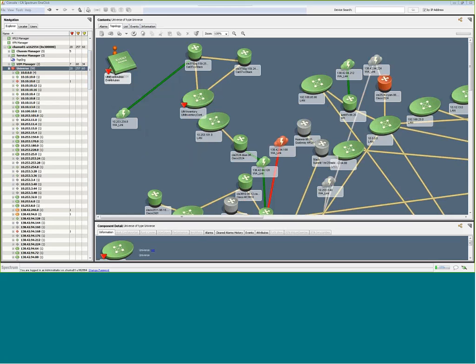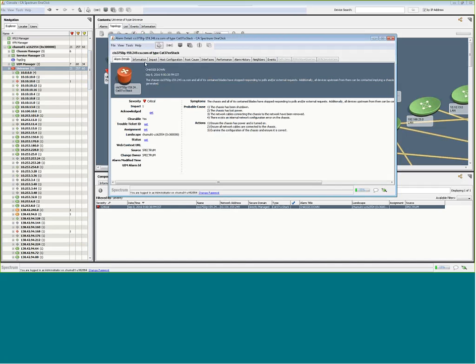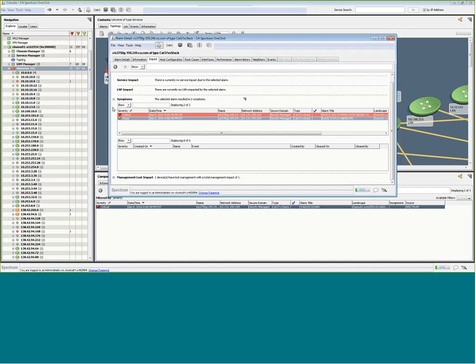Now we'll see how this is reflected into UIM via this integration. Let me take you to the UMP, the global alarm view. If you see this, this alarm is synced into UIM, and we do not see the symptomatic alarms here. This is the only root cause alarm that is being shown. If you want to see the symptoms, we have to select more and click on the symptoms tab. This will list the symptomatic alarms, so this is in sync with what Spectrum shows. So UIM is leveraging Spectrum's fault isolation and root cause analysis capability to show the root cause and symptoms on the UIM